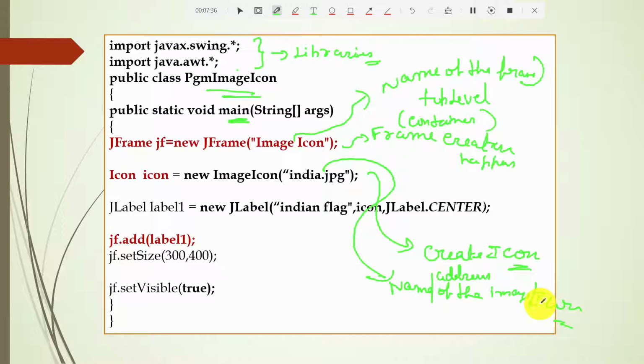Then afterwards I put it with the label. For that I need to use JLabel, and JLabel one is an object. Here is an icon object, this is a label object, and JF is the frame object.